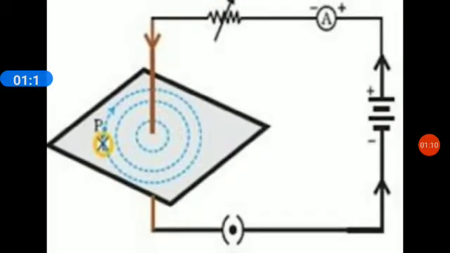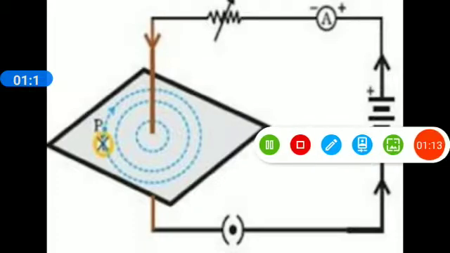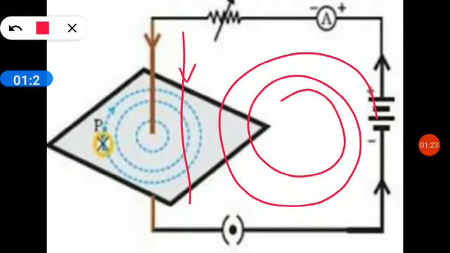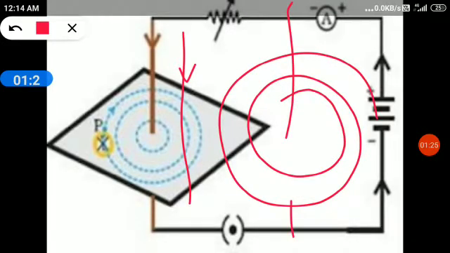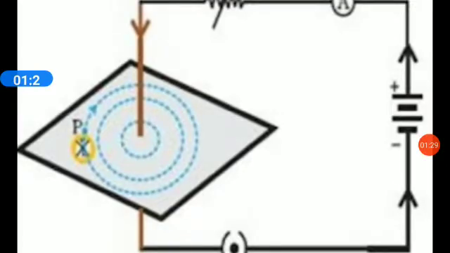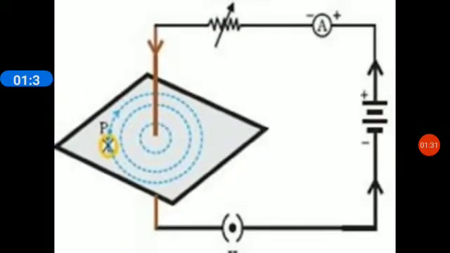Here you can see a straight current carrying conductor in the form of a wire, and it is going from up to down. What is the direction of current? From up to down. A magnetic field you will get like that. This is the pattern of magnetic field if a current carrying wire is coming here. So what we will see here is an experiment.